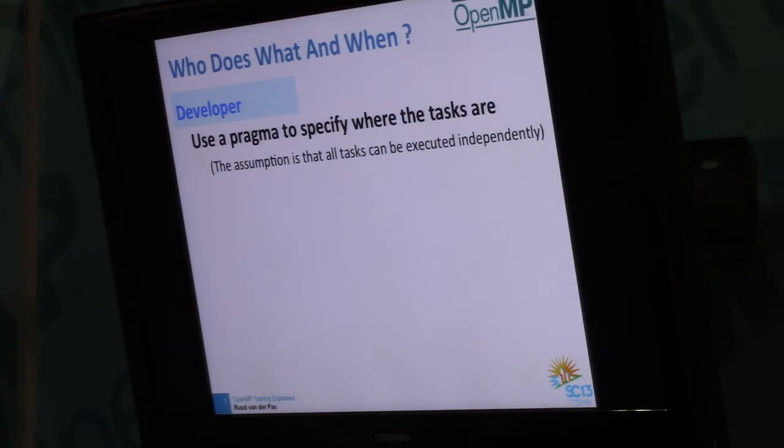Exactly. So the question is, the user is responsible for getting it right. Yeah, that's true. That's true in general for OpenMP, and there's no exception here. You have to make sure that whatever is called a task can execute with another task for that same code block in parallel. No side effects. No sneaky modification of shared variables without having a critical region.